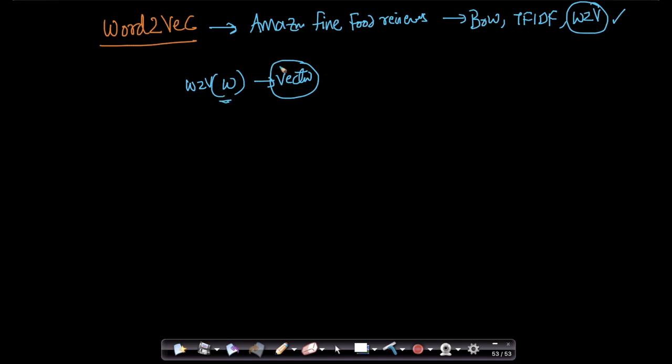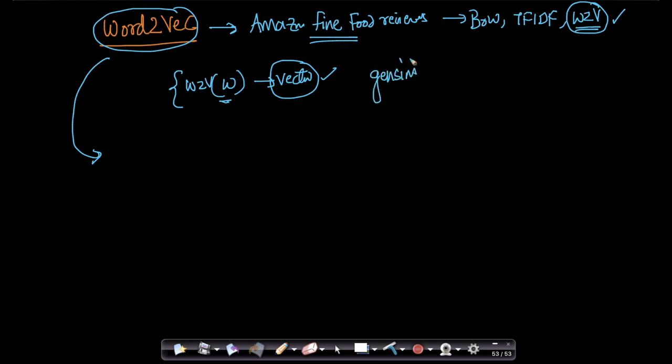If you've forgotten what Word2Vec is, please go back and revisit the chapter called Amazon Fine Food Reviews, where we discussed how Word2Vec works with a lot of nice examples. In this section, we'll understand how Word2Vecs are constructed, because earlier we didn't know how it is built. We just said, okay, it's a function in the library gensim, where we give it a word and it returns a vector, but we didn't know what is happening inside, and we'll try to understand that